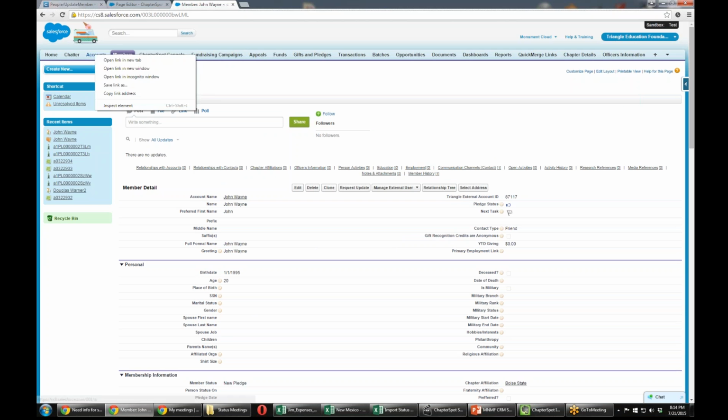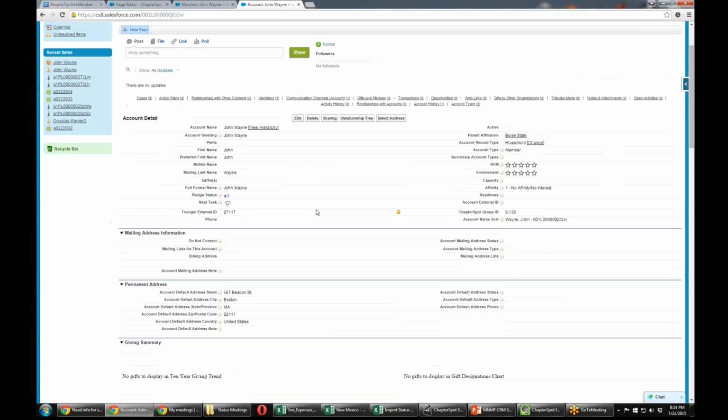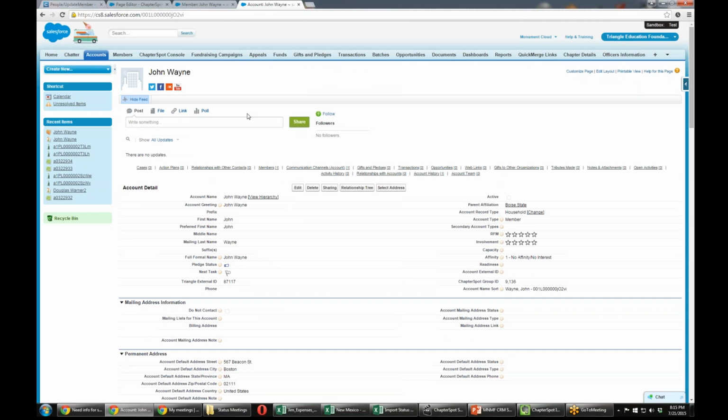And I'm going to go ahead and open the accounts in a new tab as well. And we'll just pop over here, and you can see that we've got a recent account. John Wayne has been added. And here's the remainder of the information that's come over from ChapterSpot. All of his address information has been filled in, and his parent affiliation with the Boise State chapter has been created, account record type of household, account type of member. So all that info from ChapterSpot has been incorporated into Salesforce just by clicking on that action link on